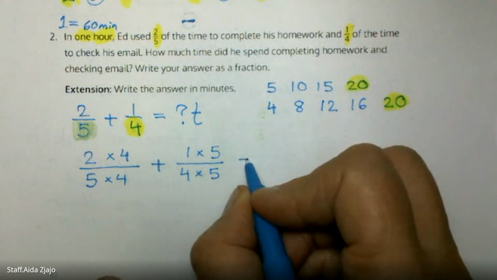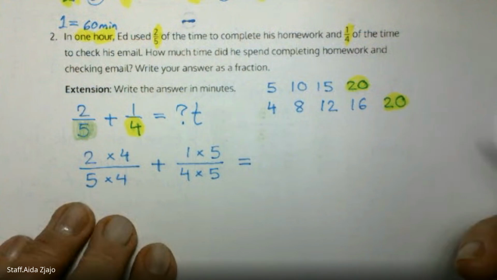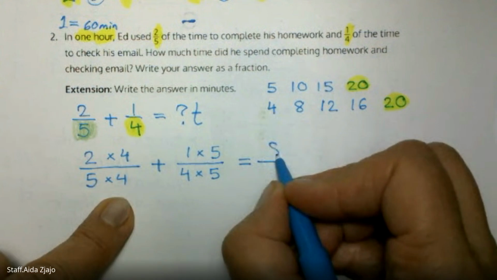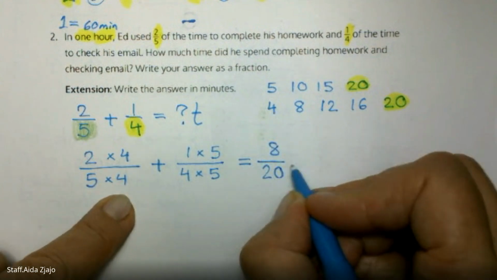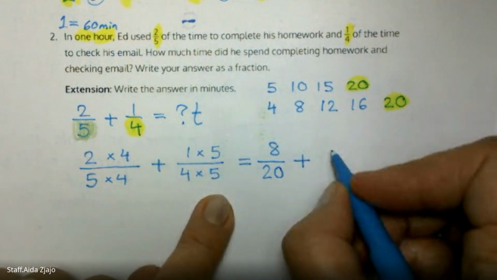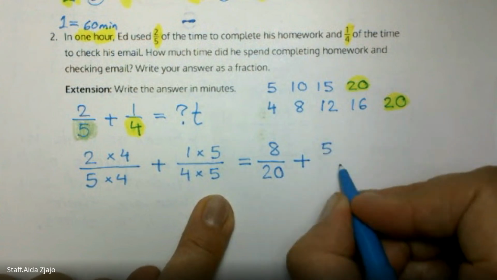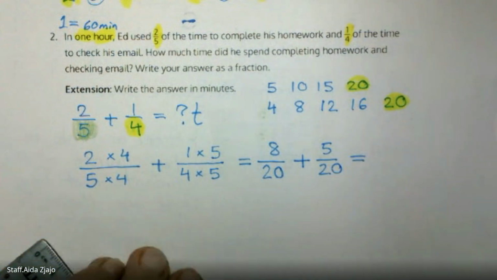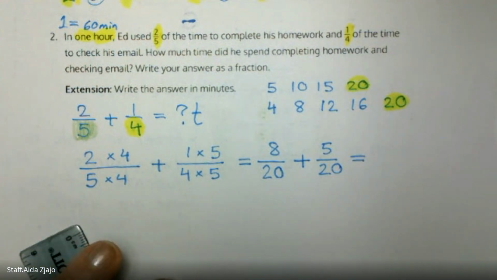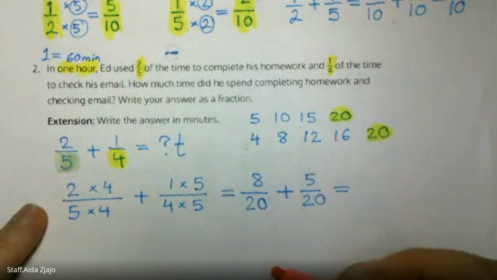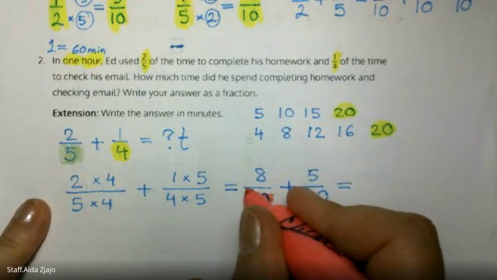When I do that, my fractions will change. 2/5 will become 8/20ths, and 1/4 will become 5/20ths. When my fractions are the same size,